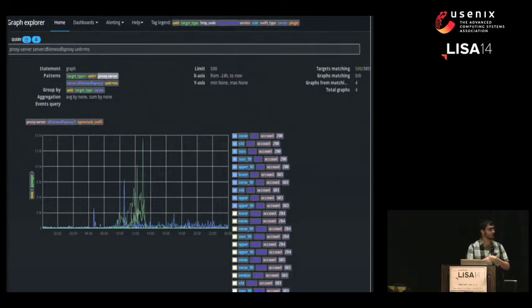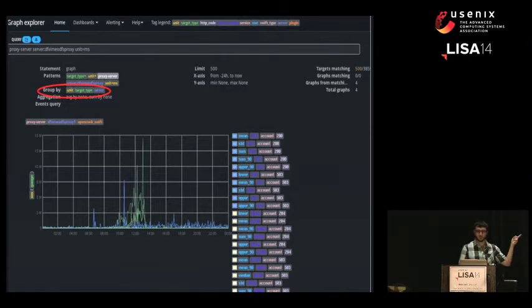The one thing you may notice from this is that there's a lot of tags being displayed on the page in various places. And we only show the tag values, but they're color-coded by key. So on the upper right corner over there, you can actually see that the unit tag is in yellow. Target type, which is like gauge or rate, is in green. HTTP code is in pink, and so on. And so what happens is you type the query, it gets the metrics, and then it groups the metrics into graphs automatically. And so you have the section on top that gives you some more information about what's going on.